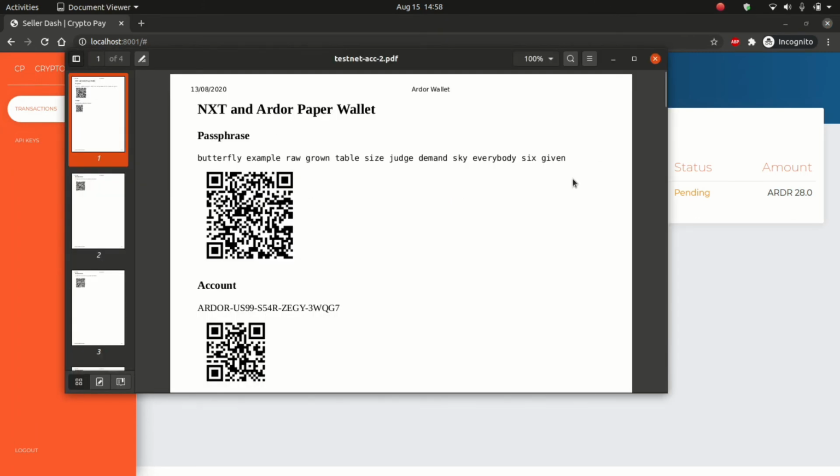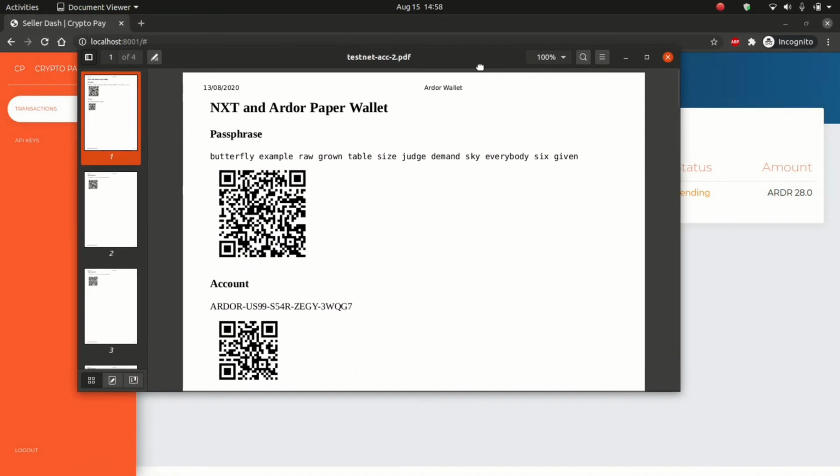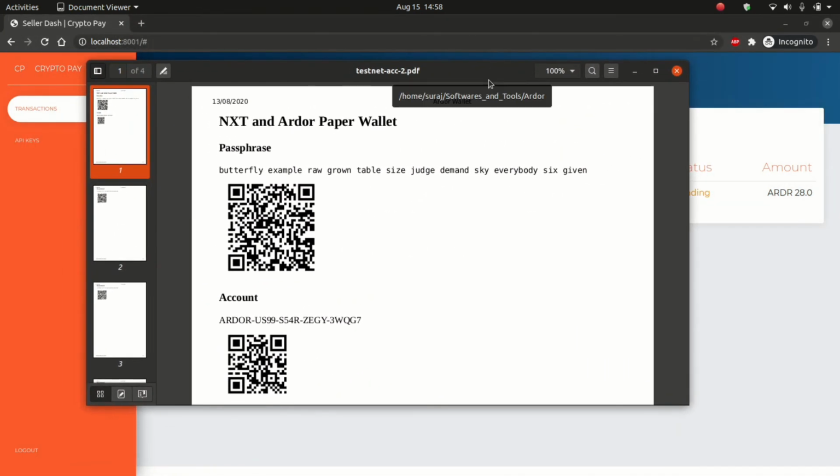I've opened the customer's wallet, a paper wallet over here, and assuming that the customer is opening this particular window and scanning the QR on his or her mobile app and confirming it,